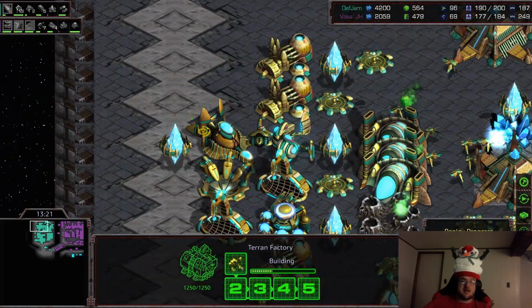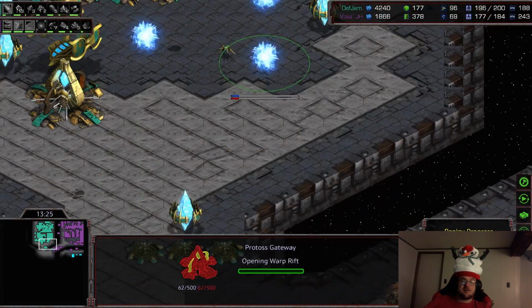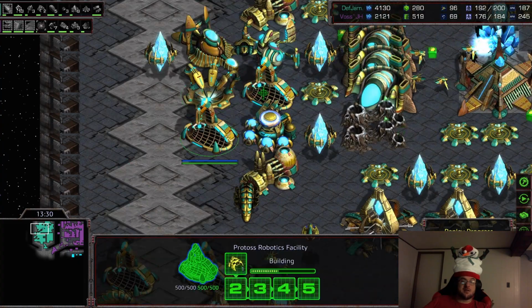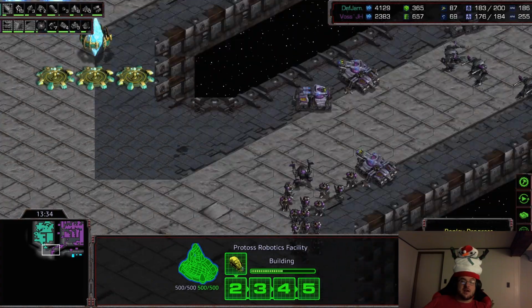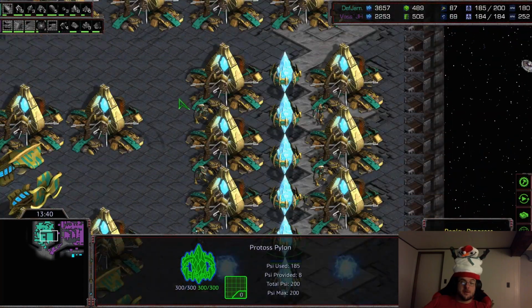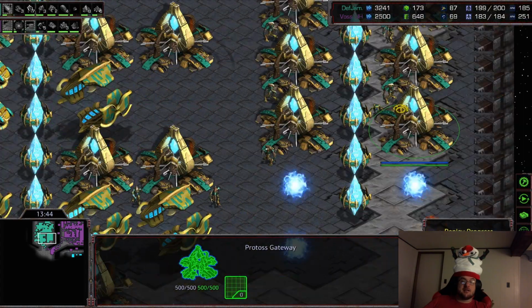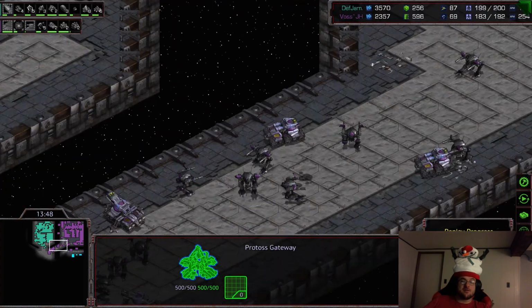And this is spelling disaster for Defjam, who is going to potentially fall down 2-1, as he just doesn't seem to have much of an answer. He has a lot of Reavers, even in production here. So I don't know how well Reavers do versus Siege Tank. Maybe he's going to try to drop this on the army and try to just explode him, but yeah, just trying to throw up these panic cannons now, realizing that this is a threat that's right at his front door,